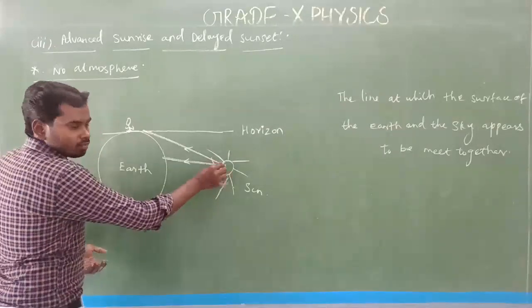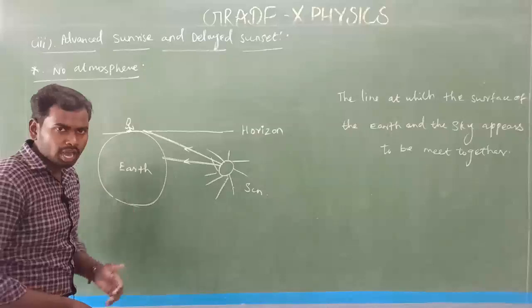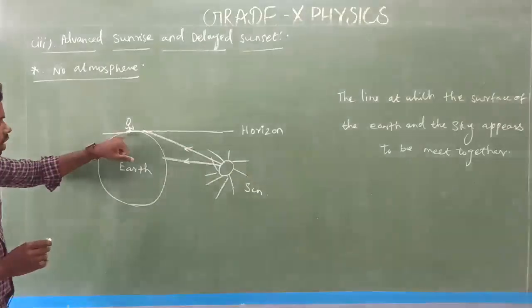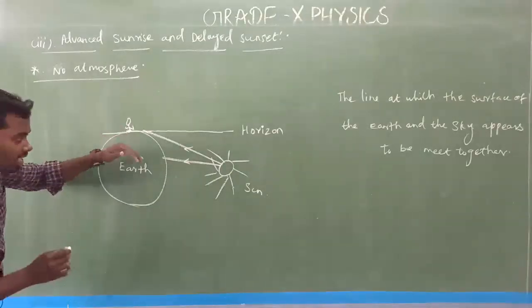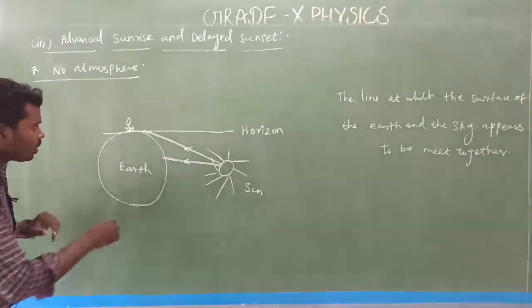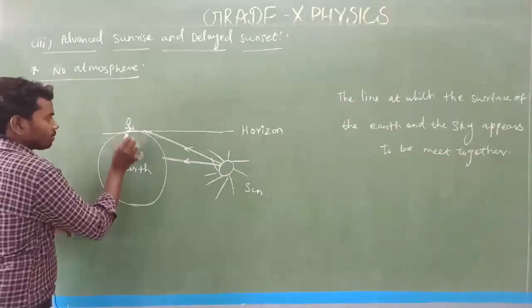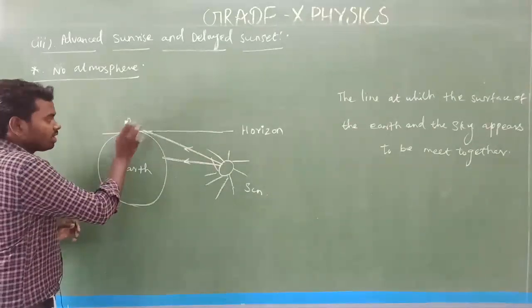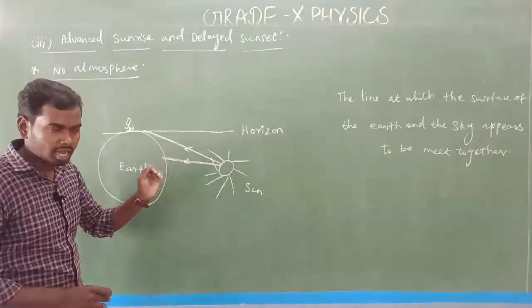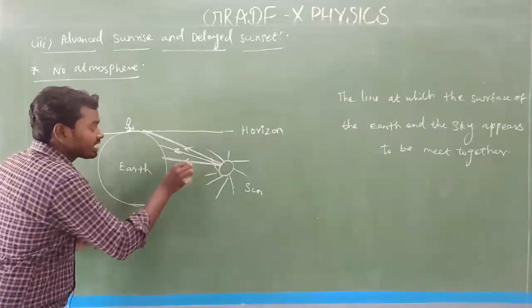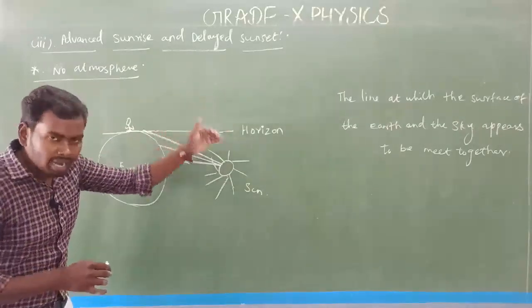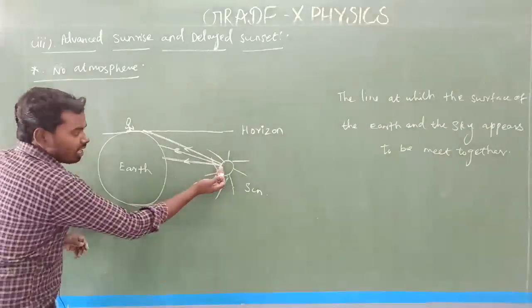The light rays coming from the sun placed below the horizon cannot reach us. Look here, cannot reach us. Actually, where are we? We are living on the Earth's surface, not inside. That's why this concept is important. So we are on the Earth's surface, and the light rays are coming when the sun is below the horizon, but these sunlights cannot reach us, which means we cannot see the sunlight when the sun is below the horizon.